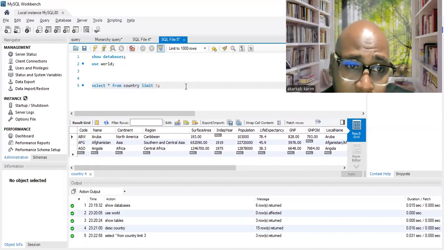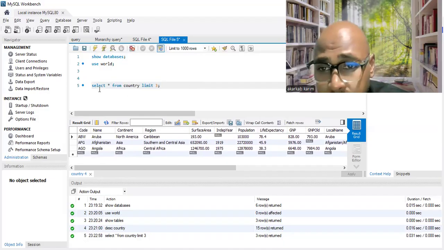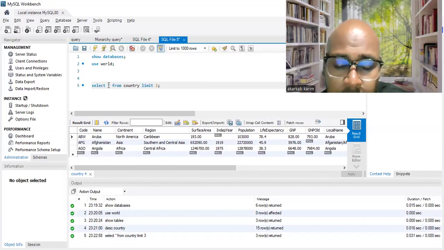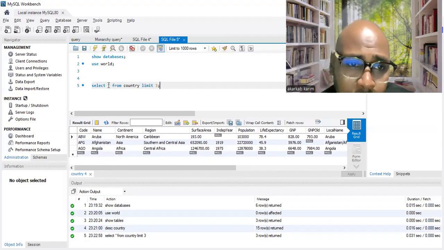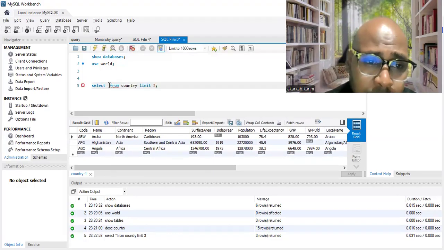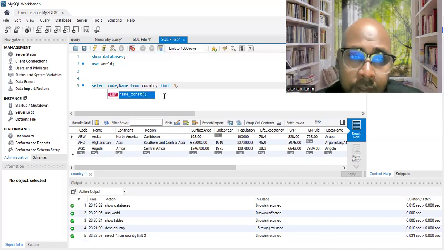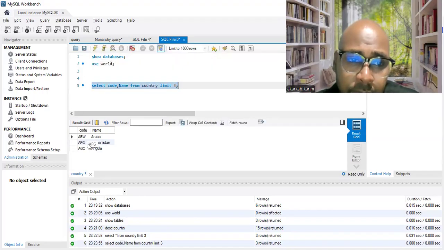So in my case here, we are using select star from country limit. Selecting just to interact with the tables. We use star because we want to return all the fields, or all the columns, that we have in our table. But if I want just to select some fields, it's okay also. If I want just to choose two columns, I just select the columns here.